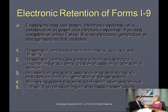So if ICE comes in and does an inspection, they're going to ask you to produce paper copies. They're going to ask you to spit them out of the printer and produce them for inspection. Well, I guess the other thing that comes to my mind is be sure there are 2 people that have access, because what if the main one is on vacation when